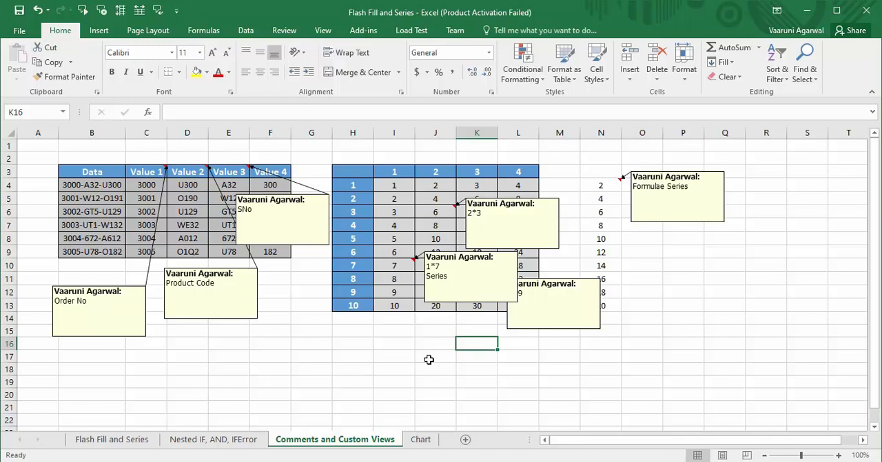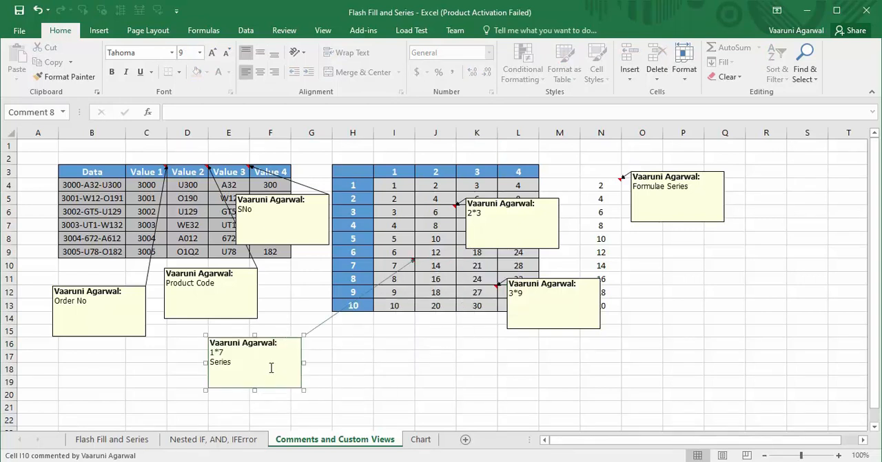And once you have added your comment, you can put your cursor over it and move it to any other place. Now all these comments are shown to us. What if we do not want to view all these comments? So what we're going to do is